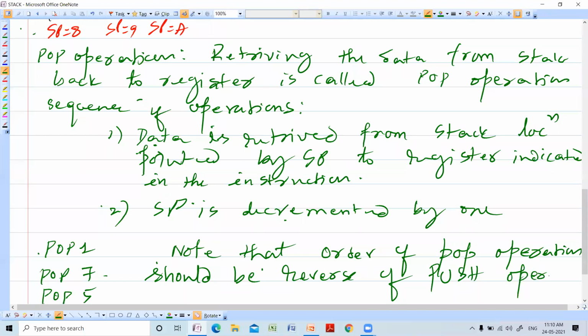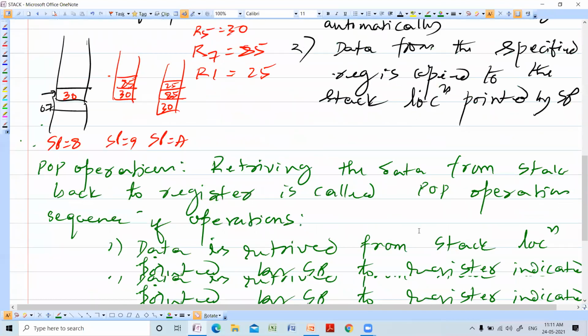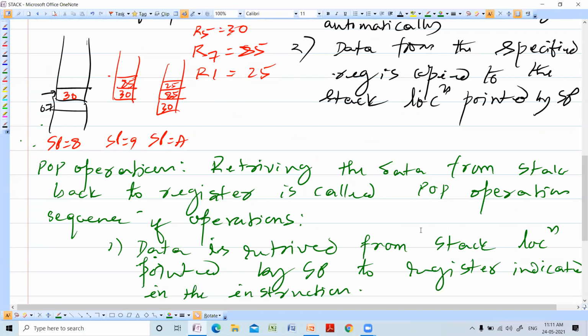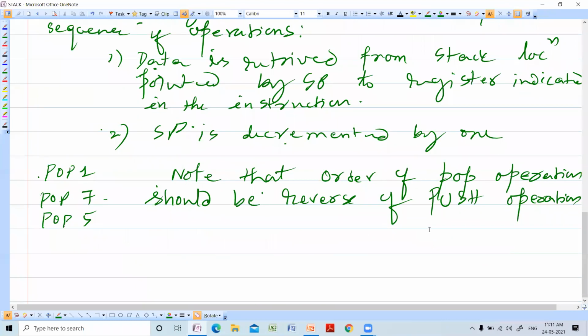Very important. Because now at the top the data 25 is there, then 85, then you have to pop 30, because stack is a last in first out data structure.